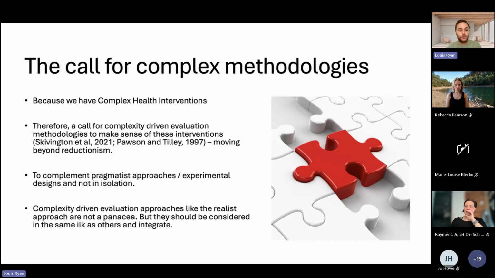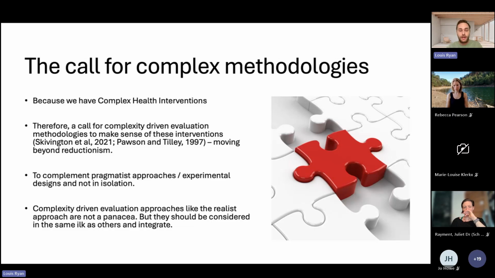Hopefully everyone in our call or people familiar with this work will know that realist evaluation can be an appropriate evaluation approach for complexity sensitive evaluations. So how can we bring together a pragmatic approach and a complexity sensitive approach, something that helps us to understand how and why change is happening or not happening, for whom and in what circumstances?